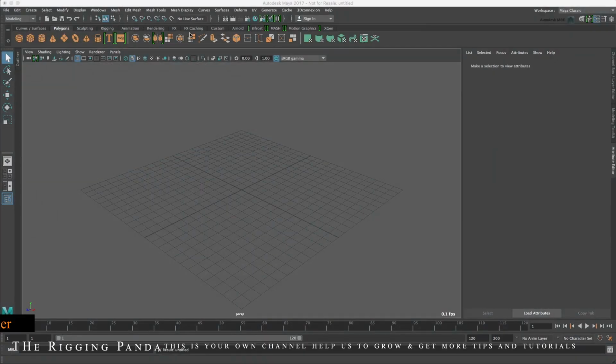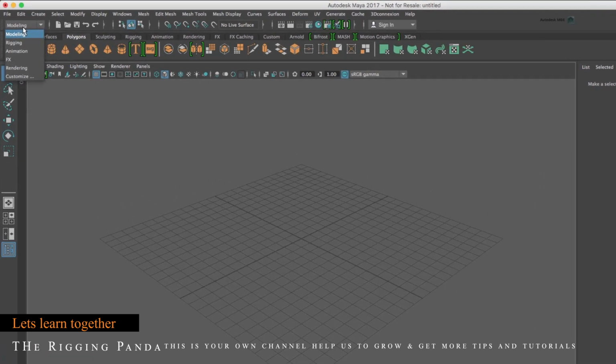Now that we have our project set up, we can create our first building. To do this, make sure that the modeling menu in the top left is selected. Maya uses this menu to divide between its core toolsets of modeling, rigging, animation, FX, and rendering. Selecting any of these options changes the menu items, which gives access to the toolsets for